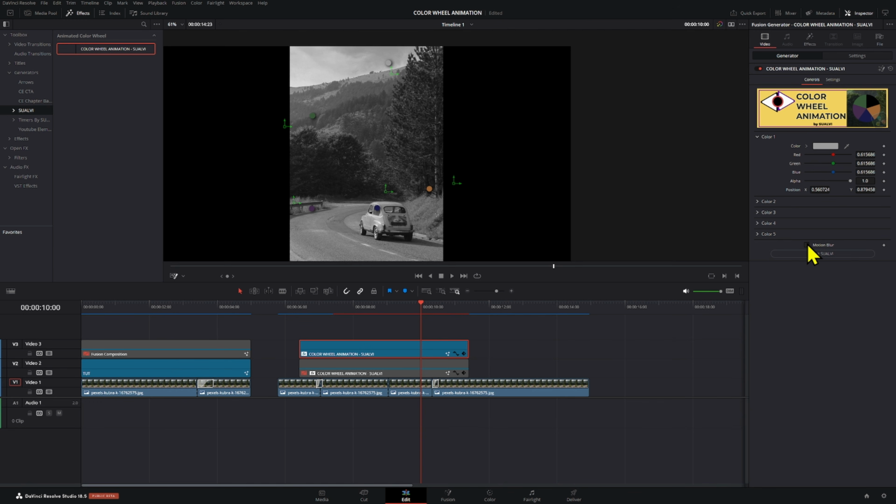You can activate the motion blur right here, which is pretty straightforward. That means that when the bubbles are moving, there's gonna have motion blur right here, as you can see. If there is a motion blur, it's just gonna look like that. So it's up to you. You can choose whichever you want to use.